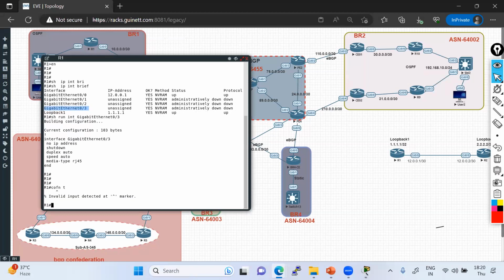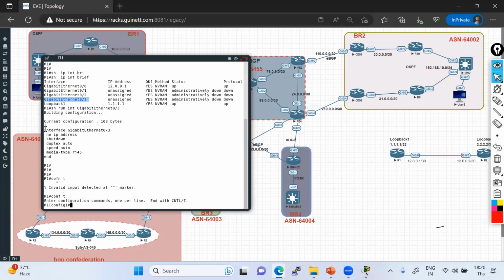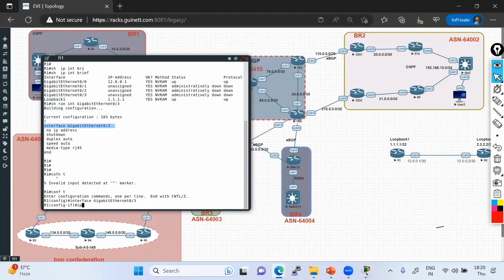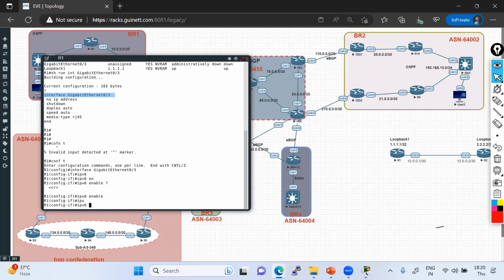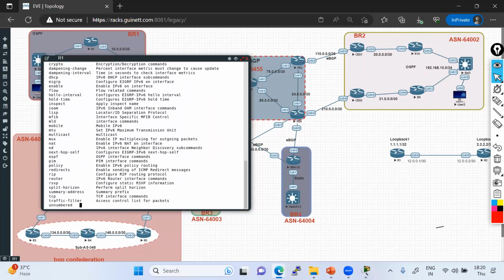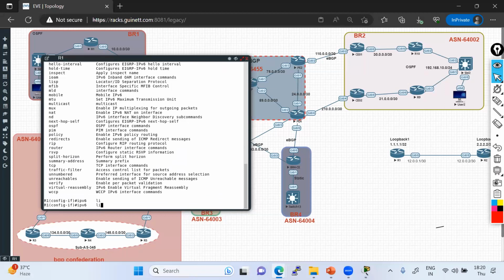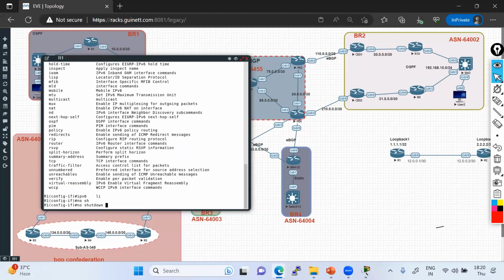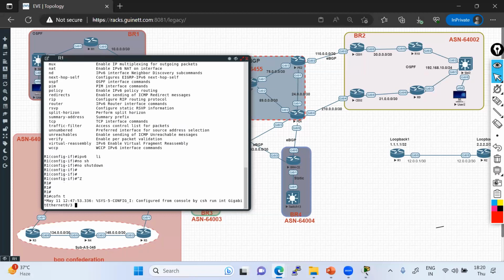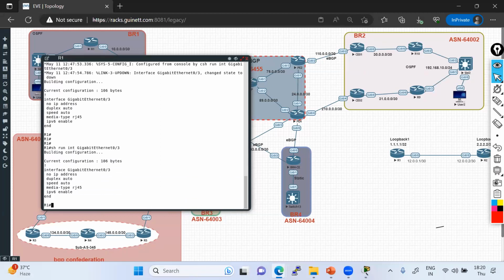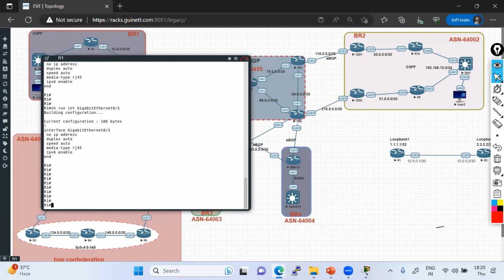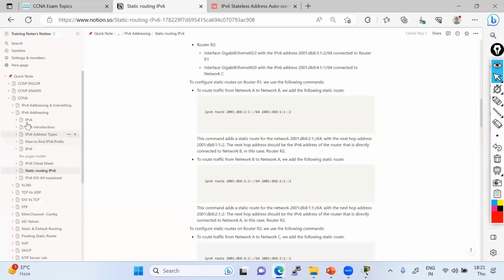So let me just enable IPv6, IPv6, no shut. Link local should be visible. Let me just check it again.